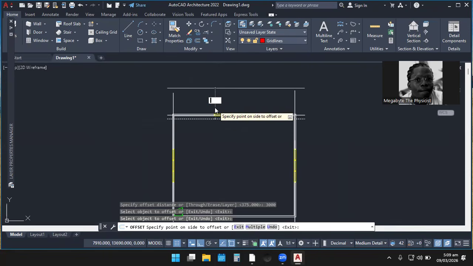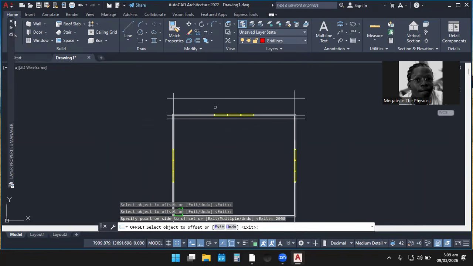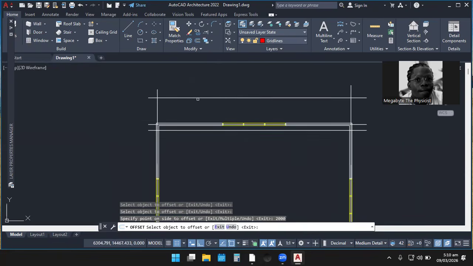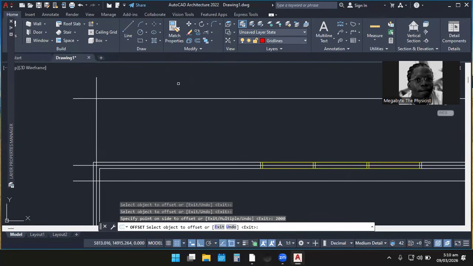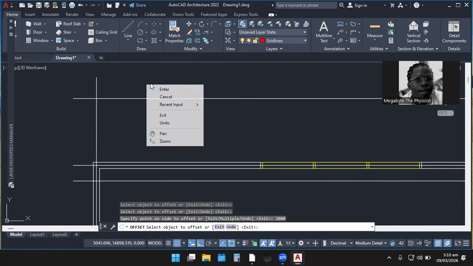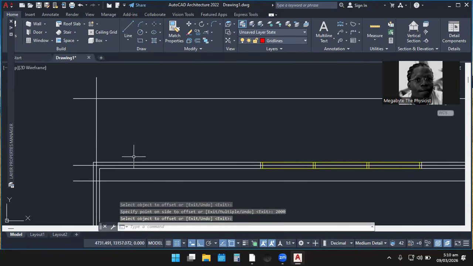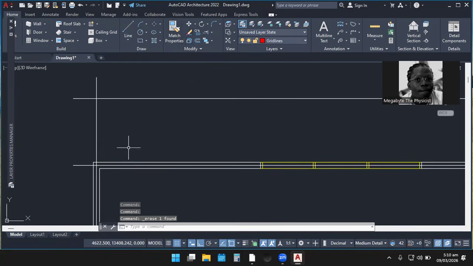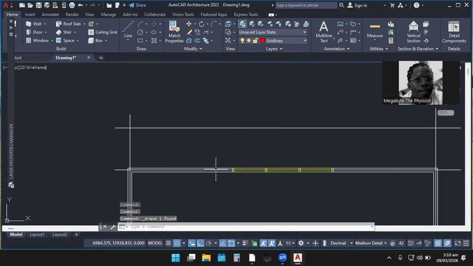We can reduce the offset to just 2,000. So we have just limited the offset to 2,000. Okay. So let's just exit it. I'm done selecting this. Let me erase it. See that after erasing it is gone.